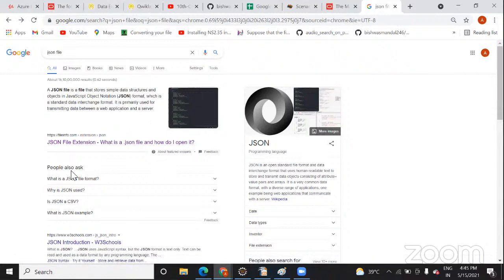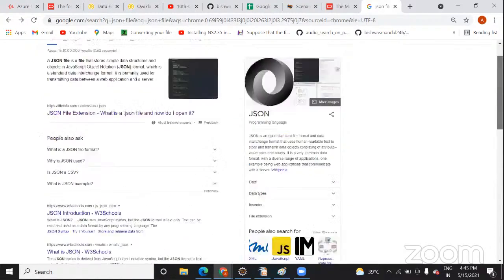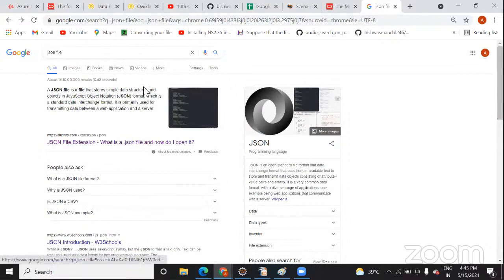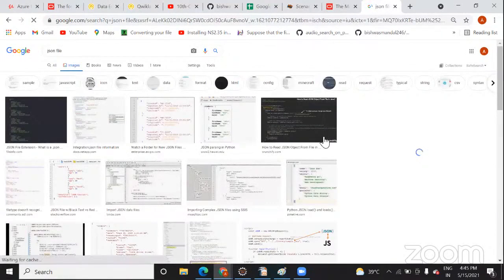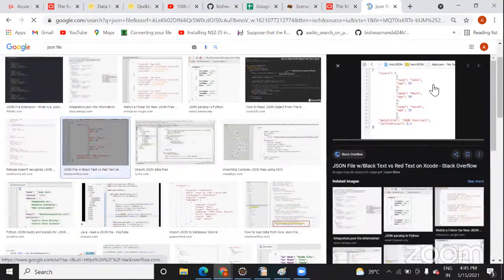And JSON, if you see, is not in the form of row and column. It is in the form of key and value. I was showing you the same. Is it visible to you? You can see like name John, age 25. So it is saving the data in the form of key and value. JavaScript object notation is when you use the JavaScript language to save data in this file. They might have written programming language, but it is just a storage, a data structure to save a file.